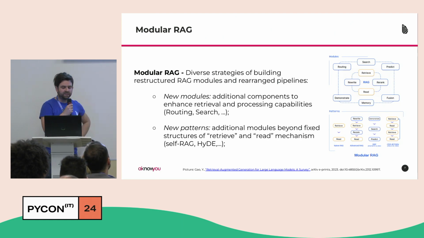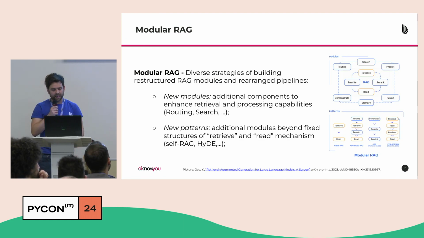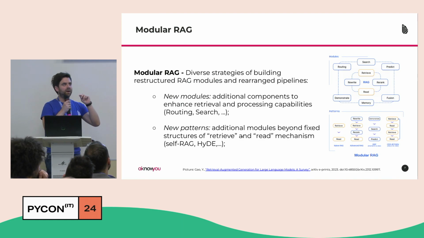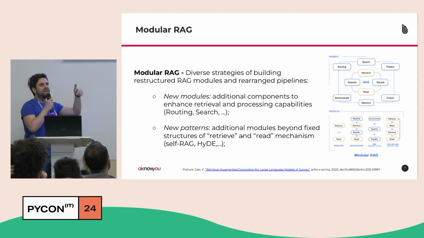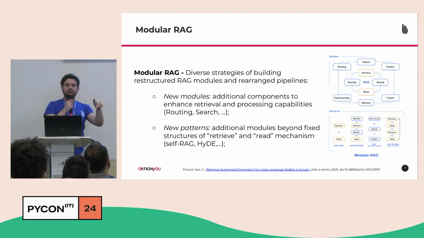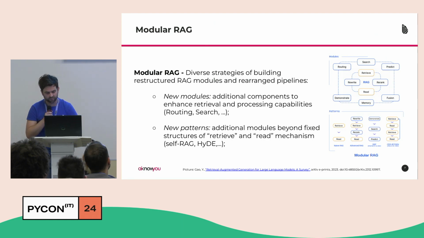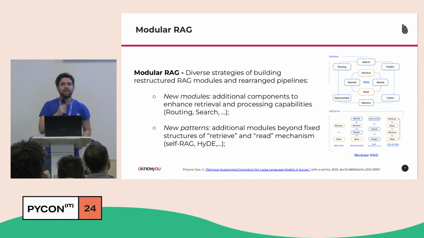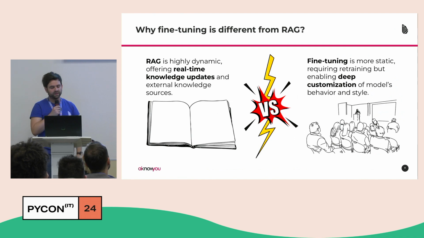A popular one is the self-RAG, so the self-reflection. The RAG reflects and makes a critique of its own retrieval, and it can repeat the retrieval part. Or the hypothetical document embedding. So the RAG is able to create artificial documents and embed these artificial documents, and take not the query but those documents to retrieve documents. So it can be useful for improving retrieval.